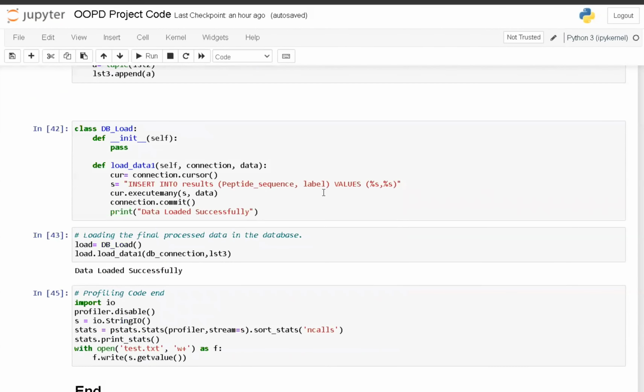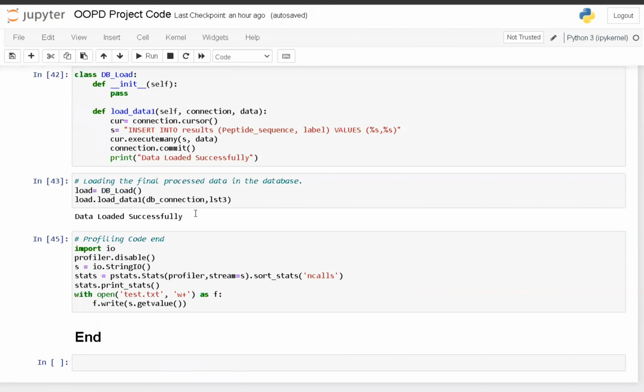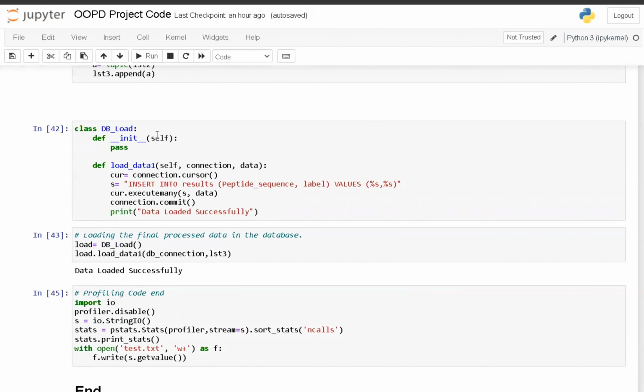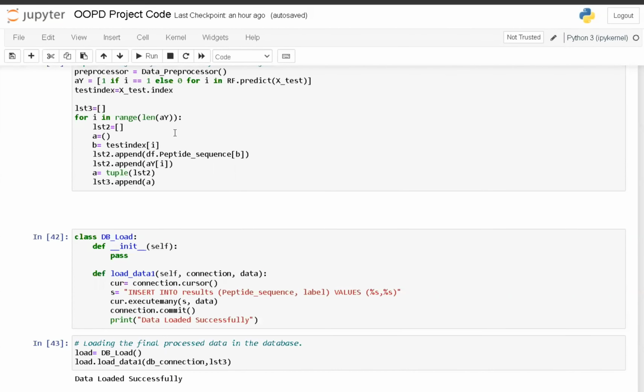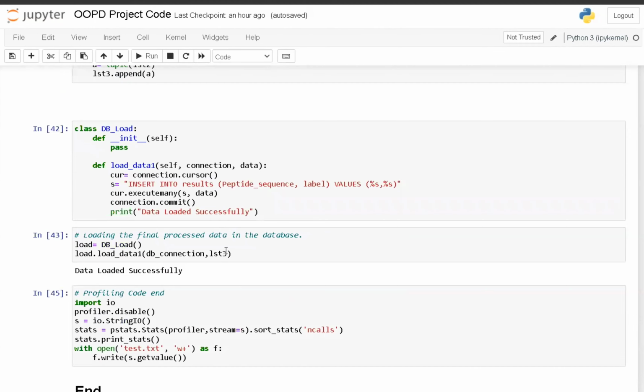Now, after pre-processing the data, we load it into the final database. And in the last, we have the profiling code. So basically the profiling code ends over here. The final work was to process the results and then load them into the database.